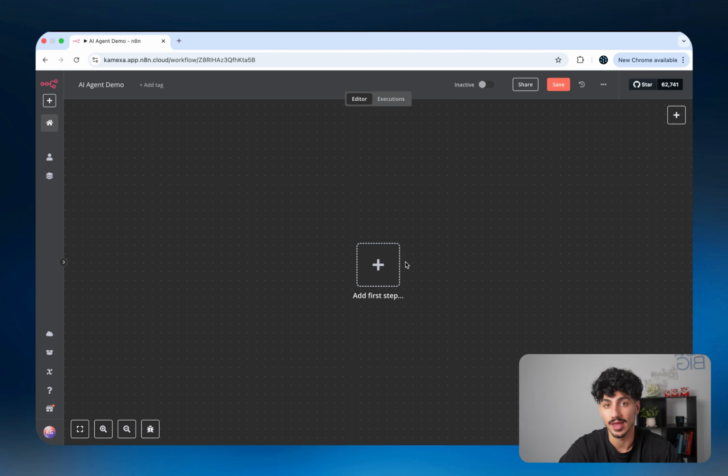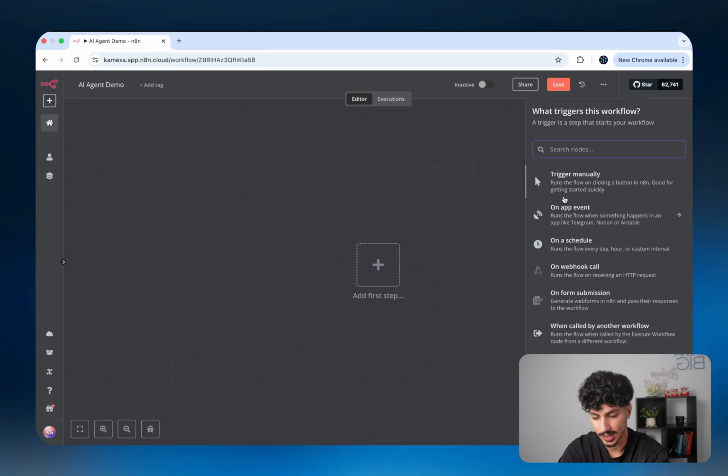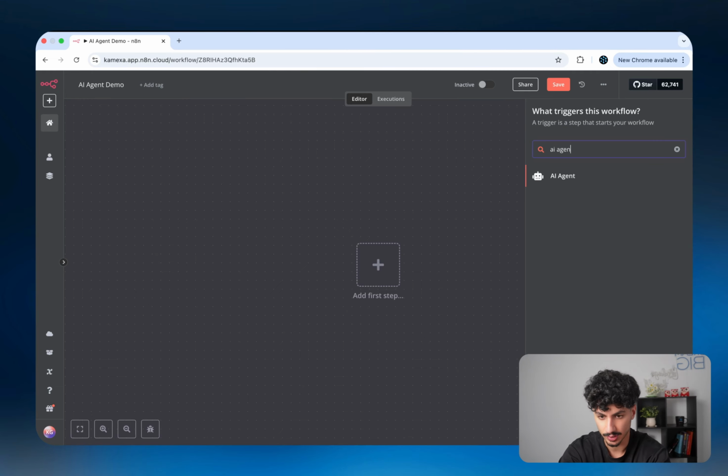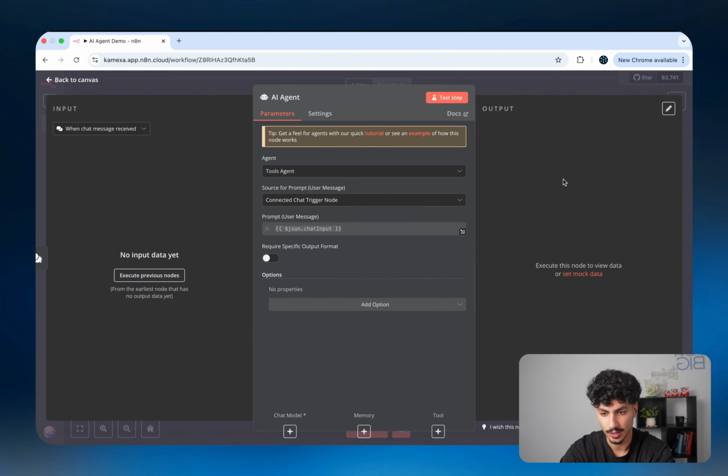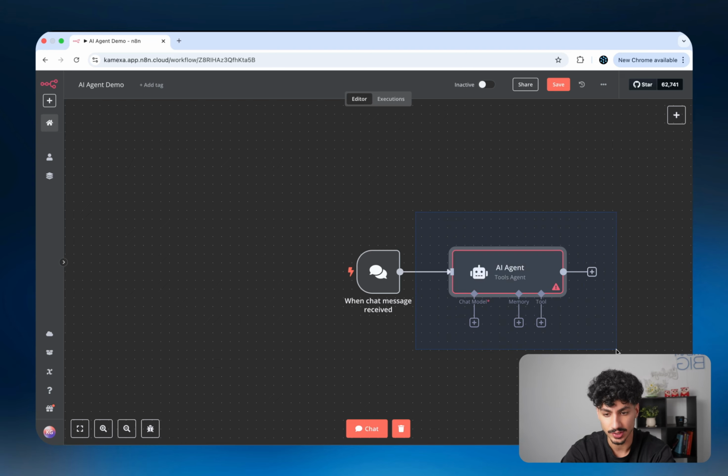All you need to do is understand the different components of an AI agent and then drag and drop those components together to build the AI agent from scratch. So let's go ahead and do that. If we click this plus button, the main component of an AI agent, well, you guessed it, is called AI agent. So if you click on that, it will create the frame of the AI agent itself,